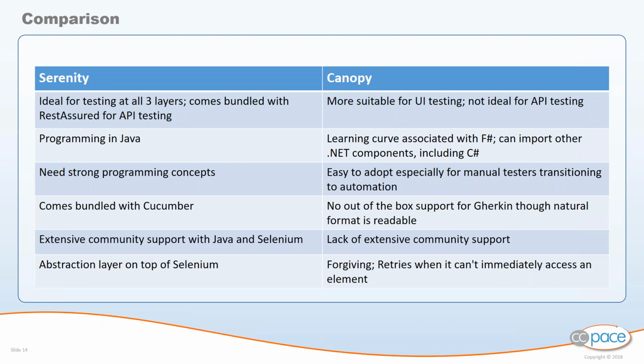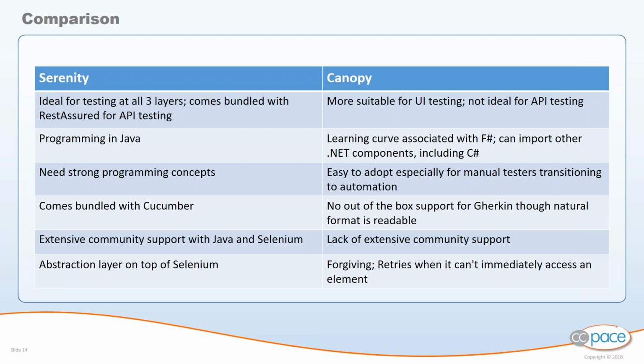Okay. So on the Canopy side, a little bit in contrast here, Canopy is more suitable for UI testing, which is at the top of that test pyramid that Ashok went through. Now, because it uses the .NET framework, you can write tests for the more foundational parts of the application like API and unit tests, but the Canopy tool was built for ease of use for functional acceptance testing. So you can do more with it, but the Canopy tool on top of the framework really is supposed to make it easier for UI tests.